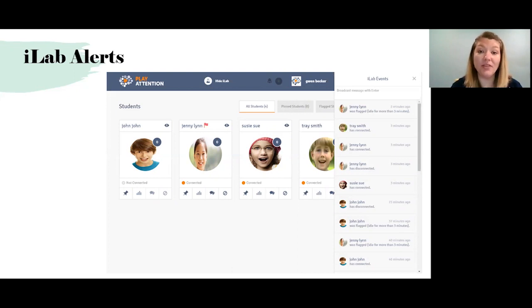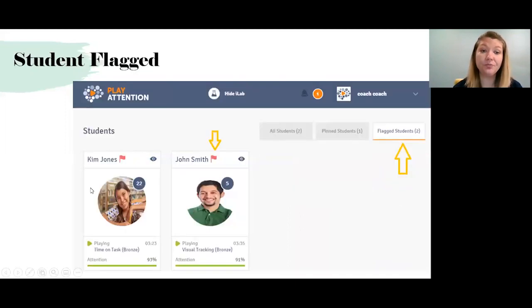You can see if all of a sudden they're at 100% attention, again, maybe something's off, you need to take a look at it. If they've disconnected, you're going to get a flag. So basically it's going to alert you if there's any sudden changes in that information because you're working with maybe a group of people or remotely. That will give you that information, and all you have to do is click on that flag and it's going to tell you why they're flagged and what you need to pay attention to. And those alerts are going to run for you as you go through.